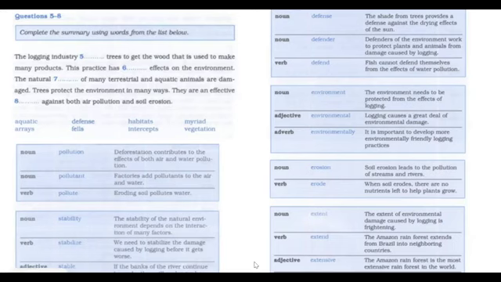Erosion, it's a noun. Soil erosion leads to the pollution of streams and rivers. Verb, erode. When soil erodes, there are no nutrients left to help plants grow. Noun, extent. The extent of environmental damage caused by logging is